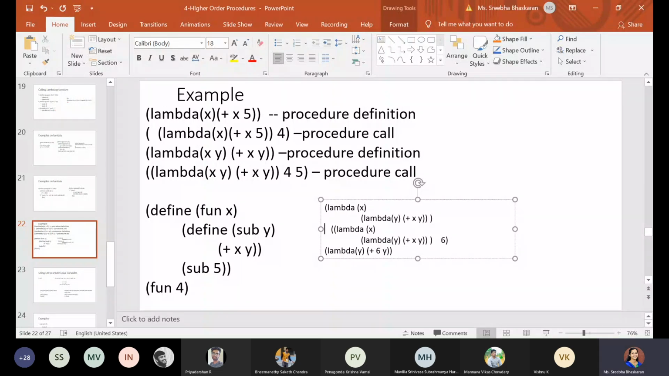We should have one more bracket open, and we are supposed to have, say, 9. If this is how you have defined it, then first x gets assigned the value 6. It returns this part, this lambda of y. Now lambda of y will be getting